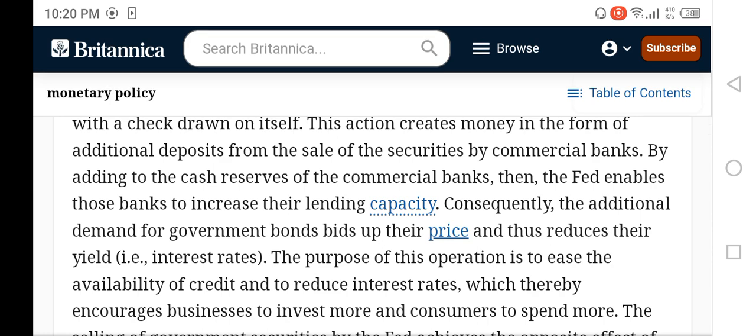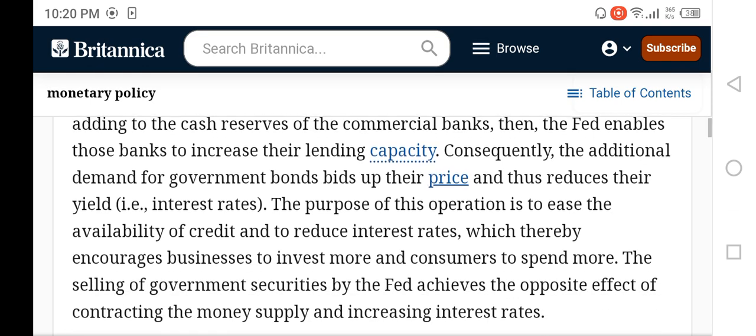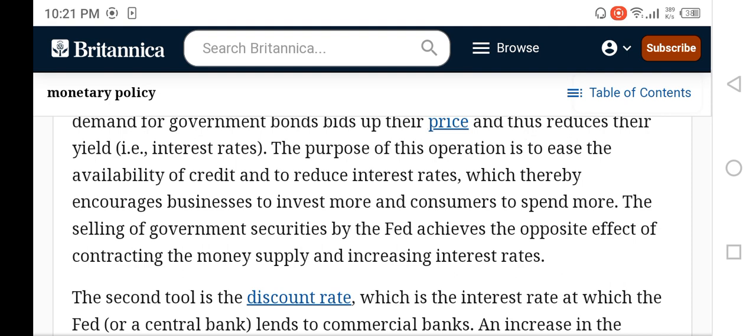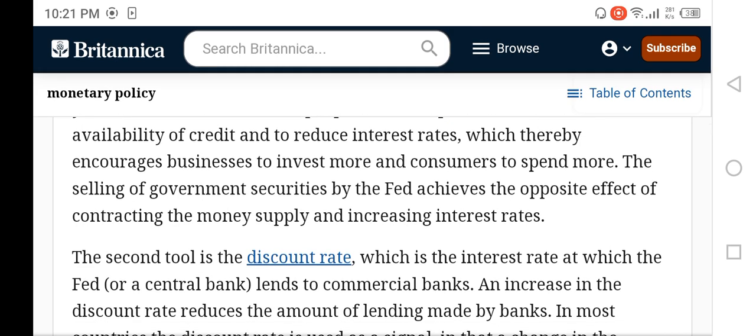Consequently, the additional demand for government bonds raises their price and reduces their yield. The purpose of this operation is to ease the availability of credit and to reduce interest rates, which thereby encourages businesses to invest more and consumers to spend more. The selling of government securities by the Fed achieves the opposite effect of contracting the money supply